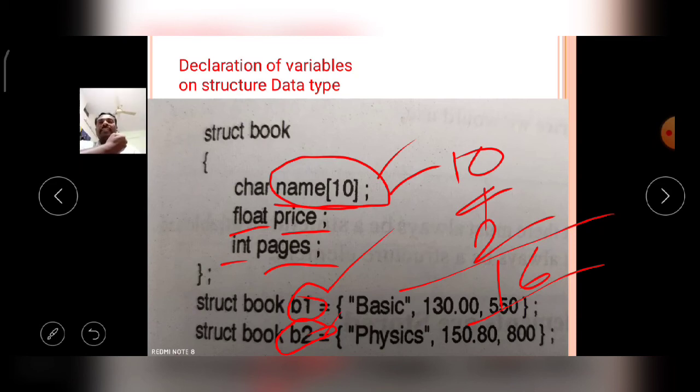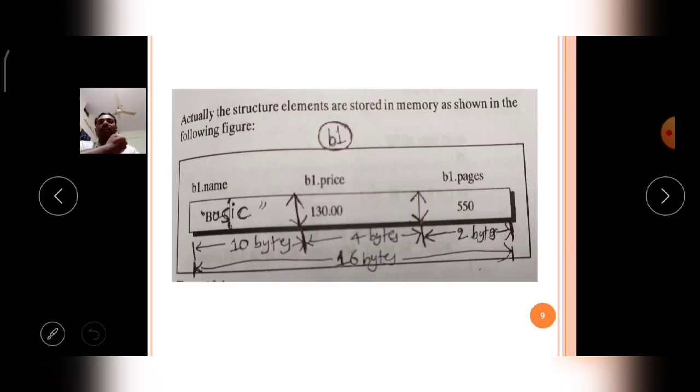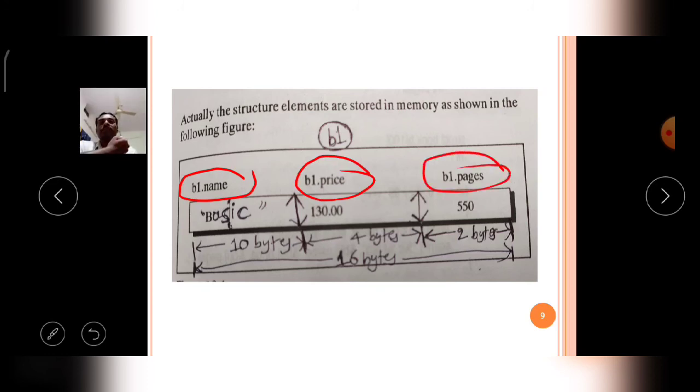That is shown in the pictorial manner here. Observe carefully: the structure elements are stored in memory as shown in the following picture. Here, B1 dot name, B1 dot price, then B1 dot pages. Now, B1 dot name contains 10 bytes. After 10 bytes, continuously, it stores 4 bytes for B1 dot price.